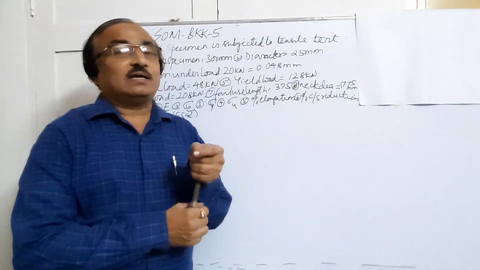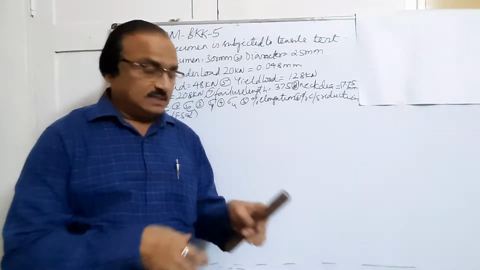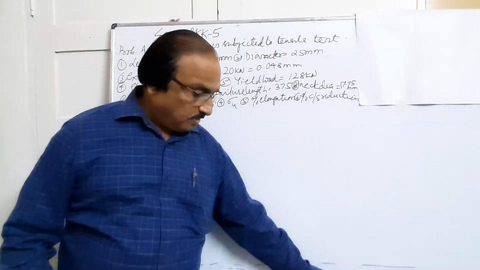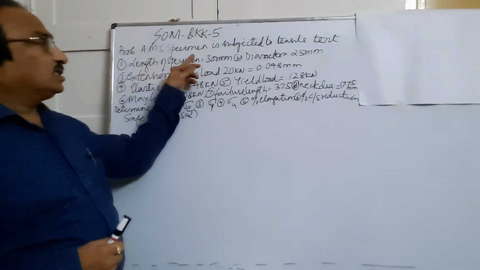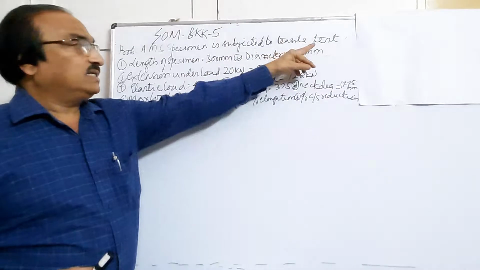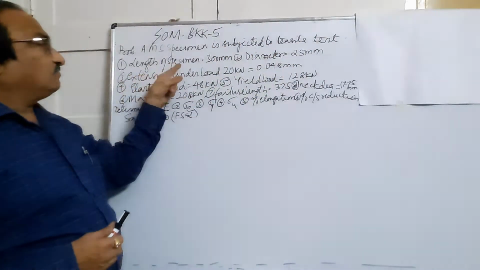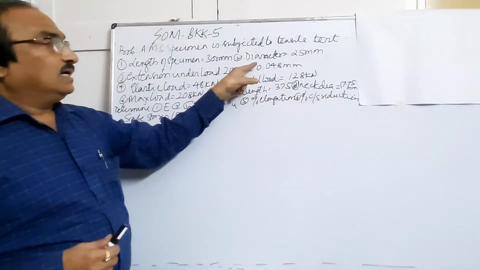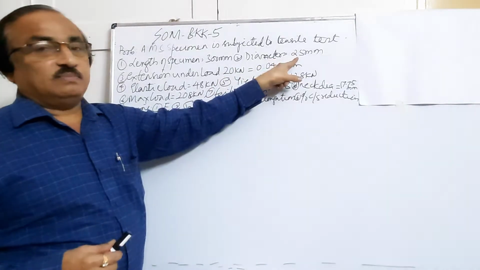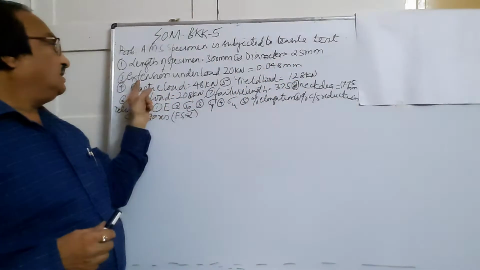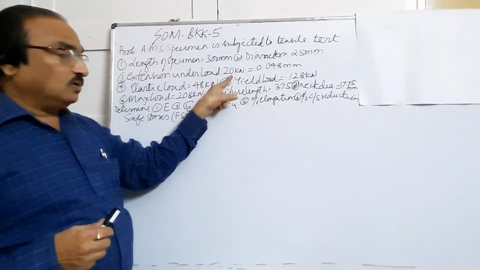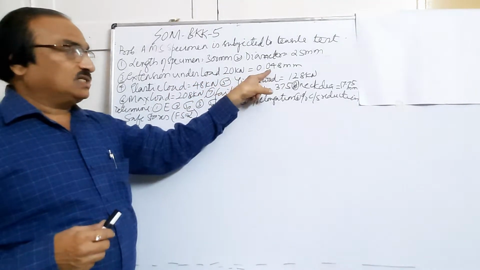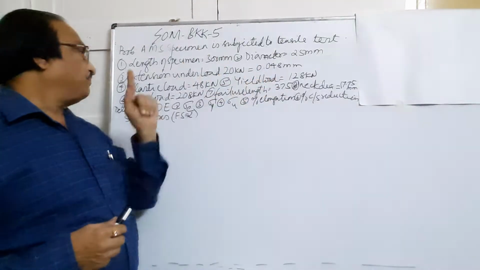The various calculations that we will be doing under this tensile testing machine, we will see in the form of a problem. Here is the problem. A mild steel specimen is subjected to a tensile test. The length of the specimen is 300 mm. The original diameter of the specimen is 25 mm. When a 20 kilonewton load is acting, the extension is 0.048 mm.